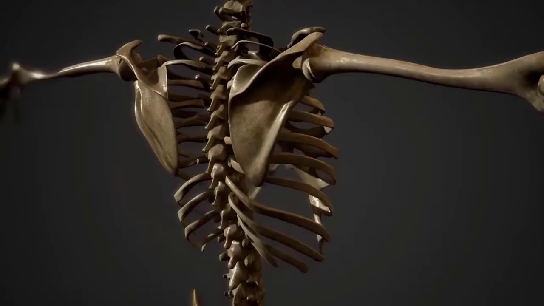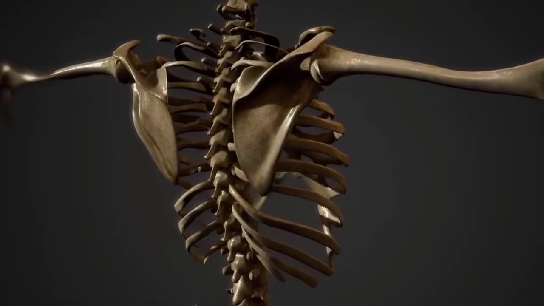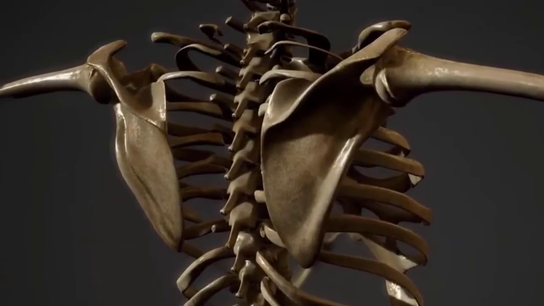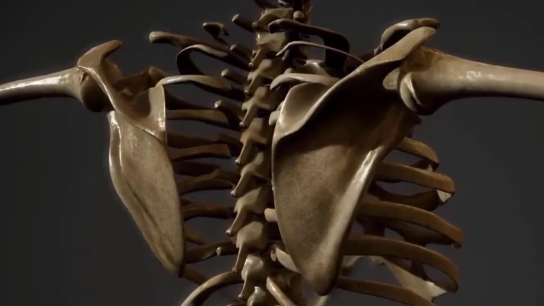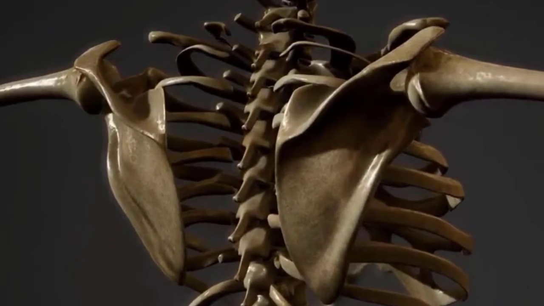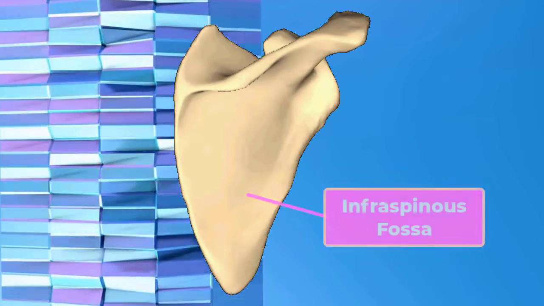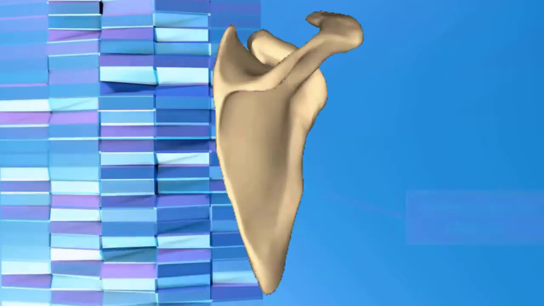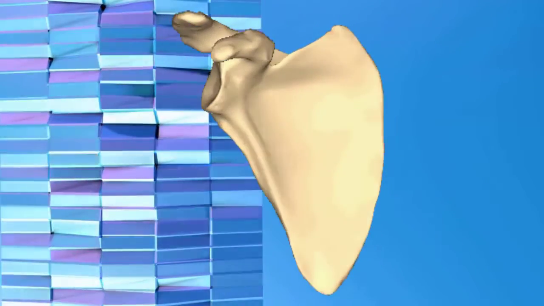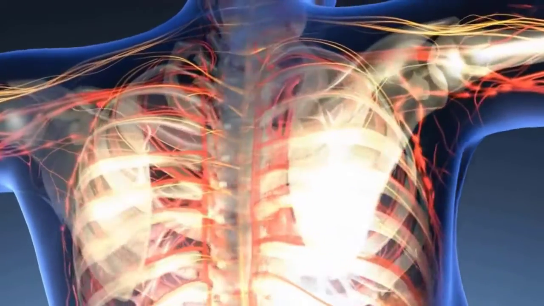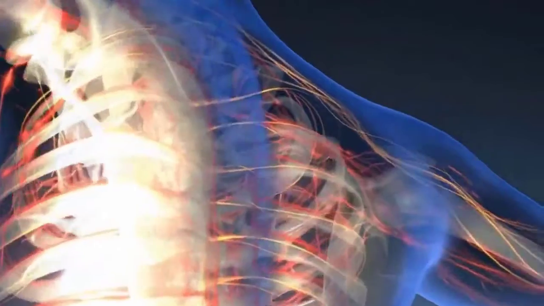on the arm. The scapula has three depressions, each of which is called a fossa. Two of these are found on the posterior scapula, above and below the scapular spine. Superior to the spine is the narrow supraspinous fossa, and inferior to the spine is the broad infraspinous fossa. The deep anterior surface of the scapula forms the broad subscapular fossa. All of these fossae provide large surface areas for the attachment of muscles that cross the shoulder joint and act